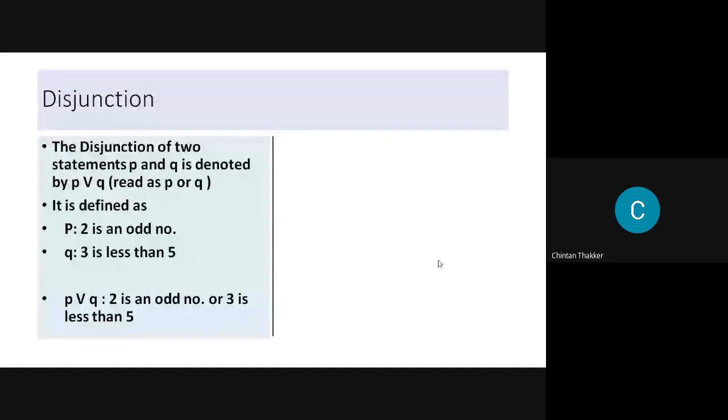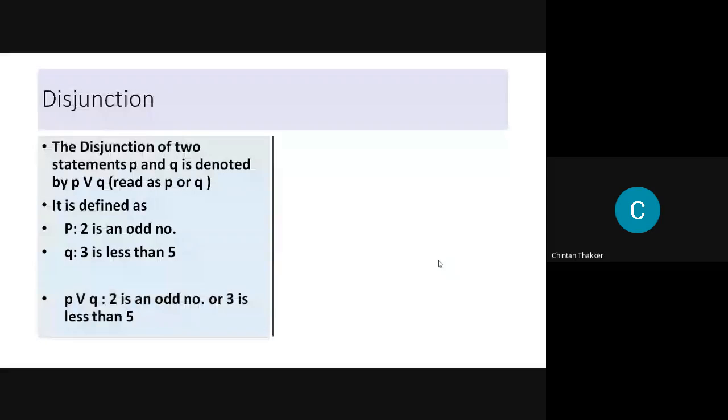Otherwise, in the remaining three options, the disjunction is true.